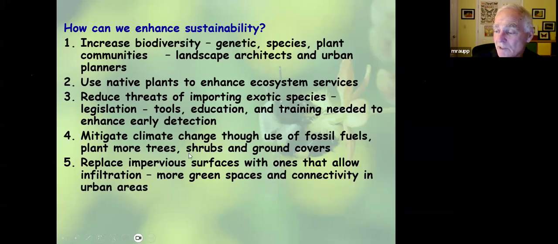The big gorilla, in my opinion, is climate change. We've got to find ways to cool this planet down. And it's going to depend on lots of things, reducing fossil fuels, for example, but also planting more green plants. Remember the equation for photosynthesis. CO2 plus H2O makes sugar and oxygen. Plants lock up carbon. They take carbon out of the atmosphere and lock it up in a tissue. More plants take more carbon dioxide out of the atmosphere. Okay, so it's a win-win by planting more plants, having more green space.